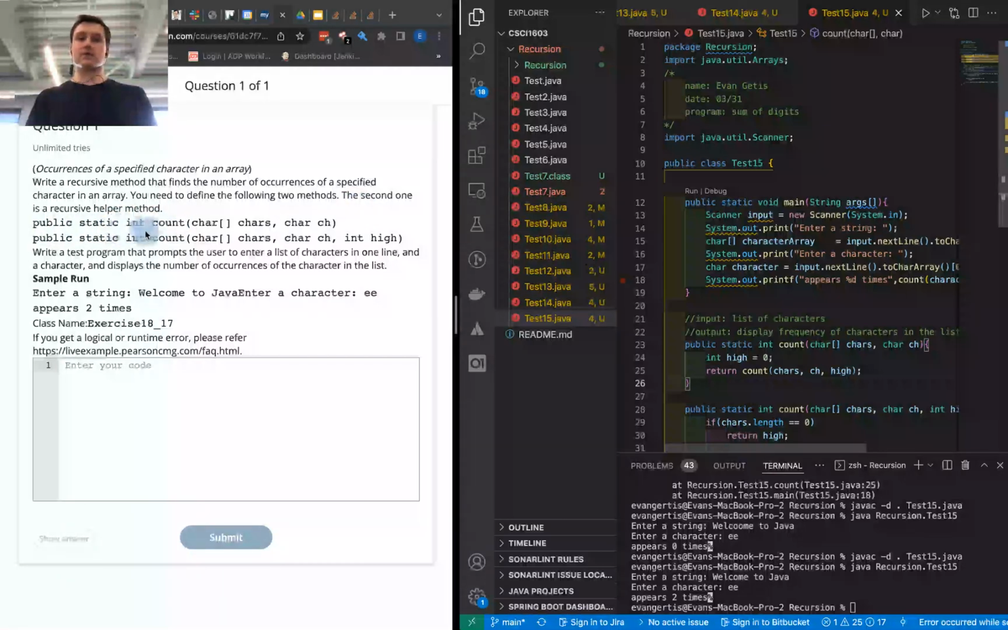So the first one is public static int count. What this is going to do is call the helper method, which is a recursive helper method. The recursive helper method takes an extra parameter to keep track of the frequency of characters in this character